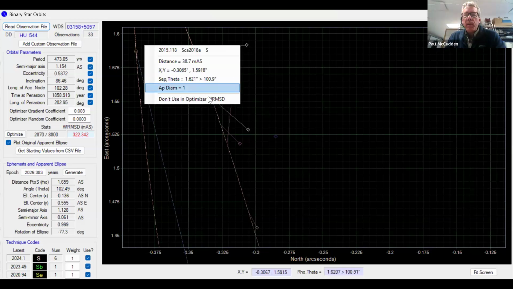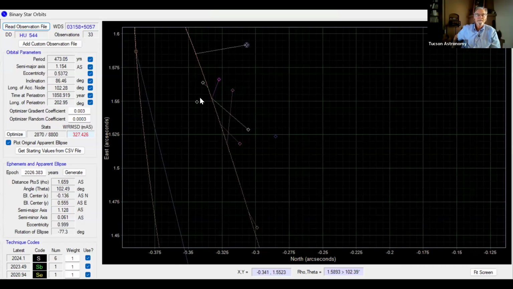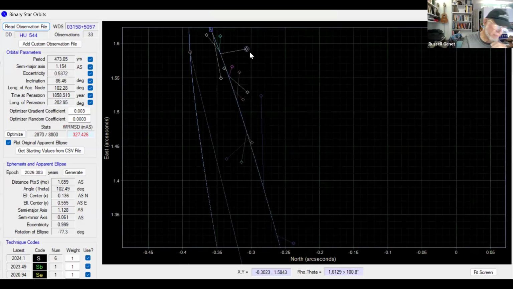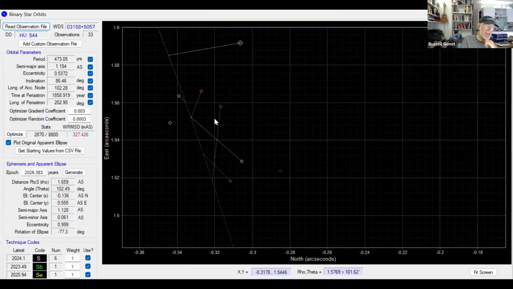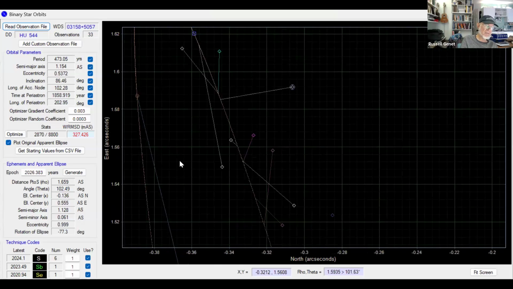So if you right click, don't use an optimizer, then it will not use that one. And it puts a little circle around it to indicate that you decided to ignore that when you re-optimize. So then the third thing is go down over on the left where it's the semi-major axis, semi-minor